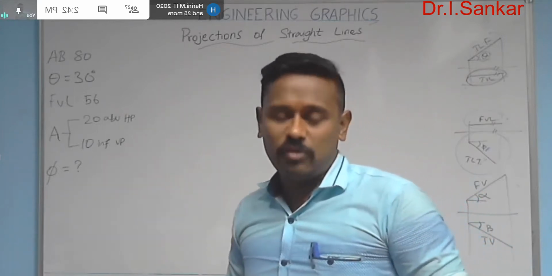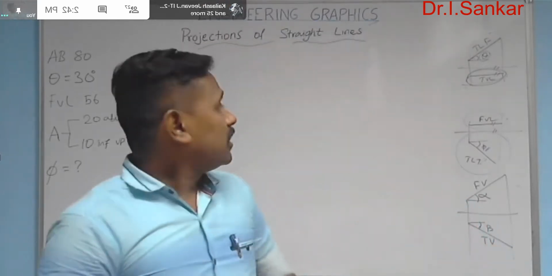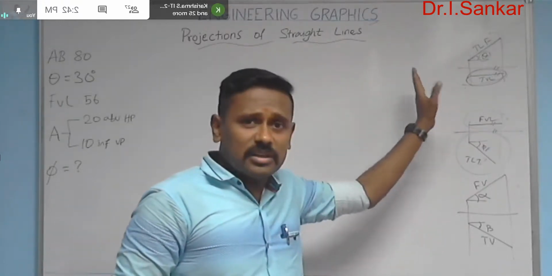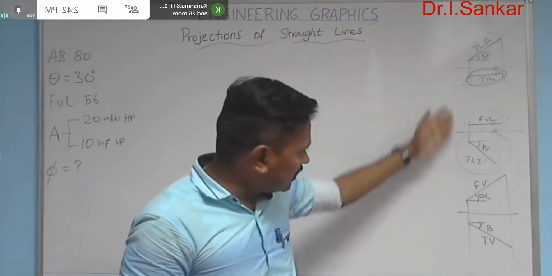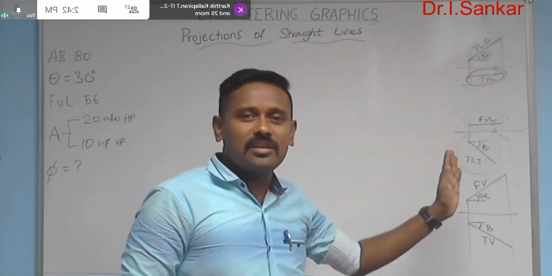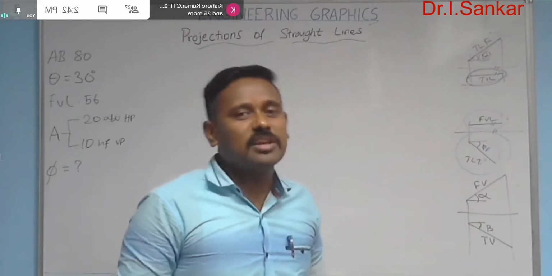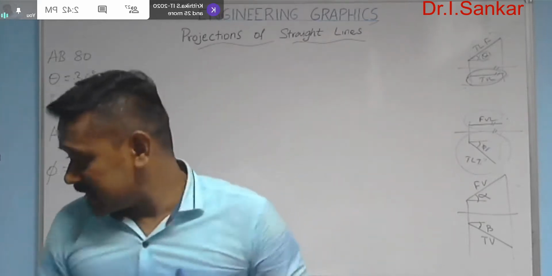So let's start our work. First, you need to draw the XY line. Once again I am insisting on the basic template for the double inclination straight line question, which was drawn in the last class on the board and is still here. Why am I still maintaining it here? Because now also I am going to use the same. There is no change in the template in double inclination straight line problems. So let me start the answer.